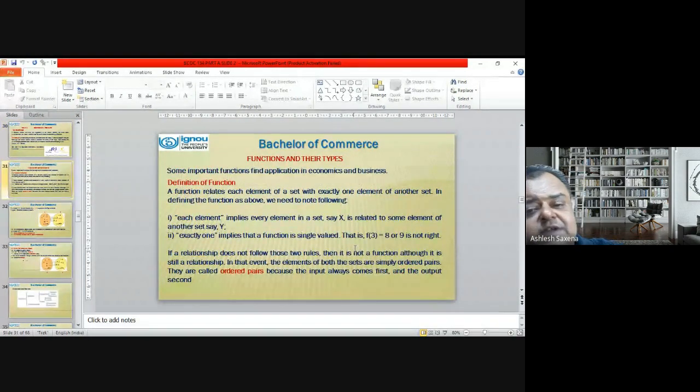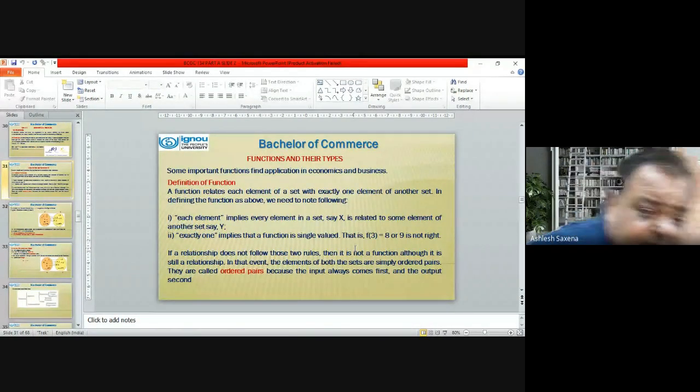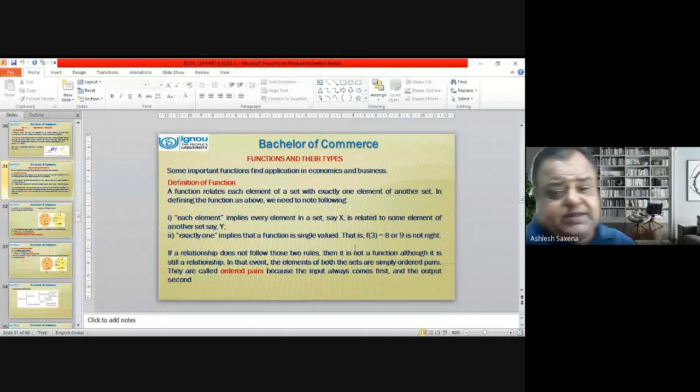Now, functions and their types. Some important functions find application in economics and business. Now, what is basically meant by function? The function relates each element of a set with exactly one element of another set. In defining the function as above, we need to note the following: each element implies every element in set, say X,